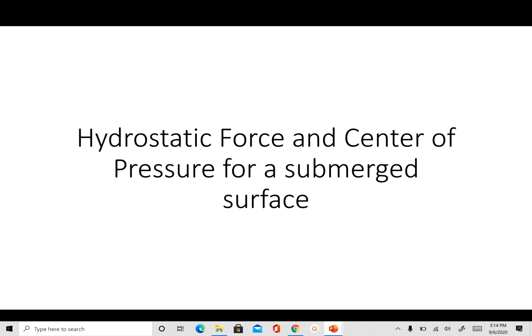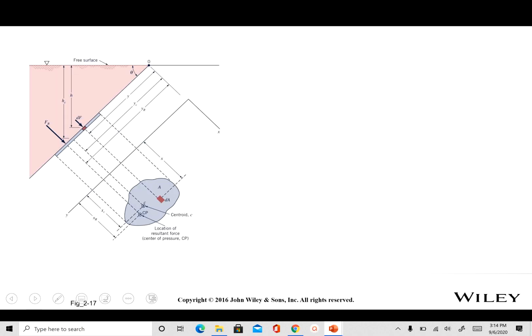Hi everyone. In this video we are going to derive an expression for hydrostatic force and the center of pressure for a submerged surface. So let's get started. What you see here is an object that is submerged inside a fluid,